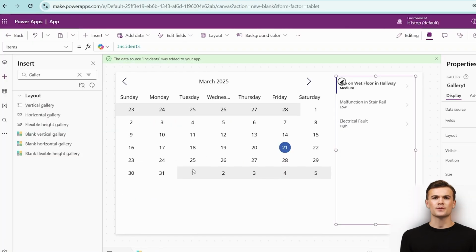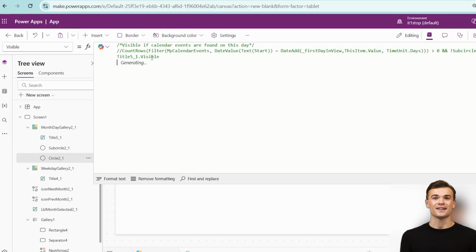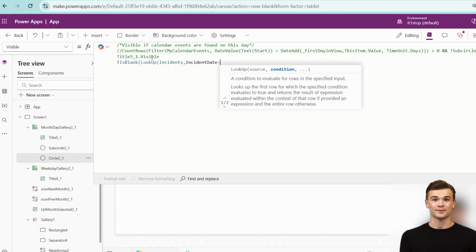For that, we will simply click here, and in the circle, in the Visible property, we will write Not IsBlank(LookUp(Incidents, IncidentDate is equal to